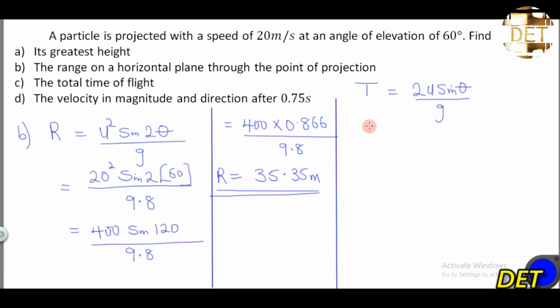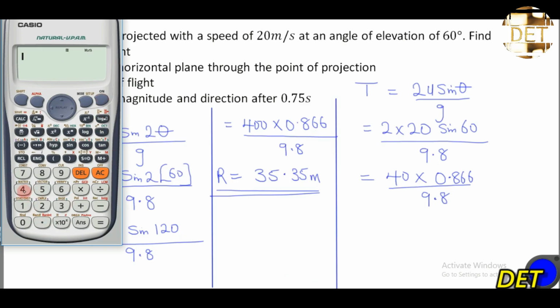Over g. So this will be equal to 2 times, my u is what? 20 sine 60 divided by 9.8. So this will be equal to 40. 2 times 20 will give me 40 times sine 60 will give me 0.866, right? Divided by 9.8. So if I bring out my calculator, when I punch that, 40 times 0.866, divided by 9.8, that will be equal to,